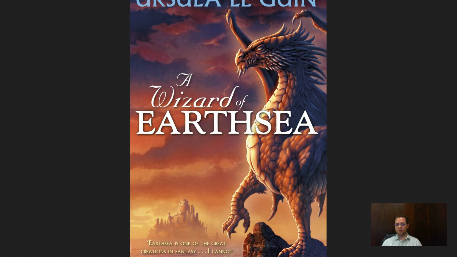The island of Roke has a school for wizards. So Ged goes there, and Ged is a very powerful, very talented young wizard, and he's kind of stuck up, not really getting along with the other students. I mean, he does have some students that he befriends. There's one called Vetch that he befriends, but for the most part, he stays apart. And so when another wizard at the school starts provoking him,